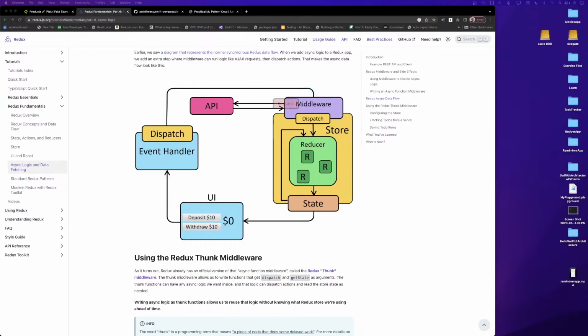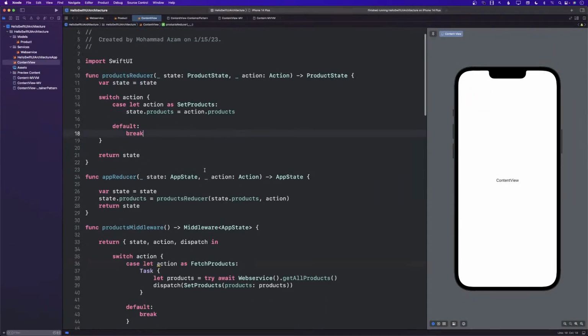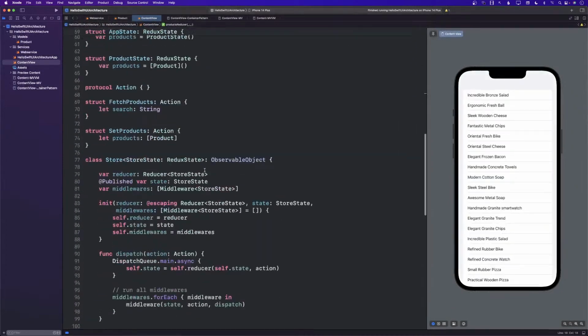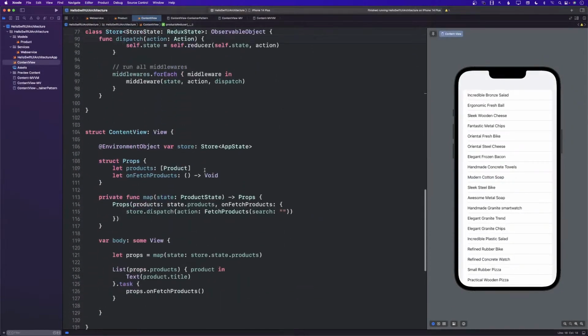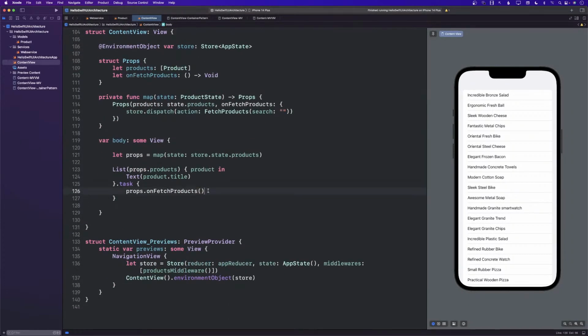Let me see if I can find the code for Redux. Unfortunately, I'm not sure what happened to the Redux code. I'm trying to locate it. Oh yeah, there's so much code that you're going to get scared if I paste it. Okay, let me see if I can paste it over here. See that? That's all the code that I had to write to get Redux kind of working. So there's a lot of boilerplate code for Redux, as you can see.